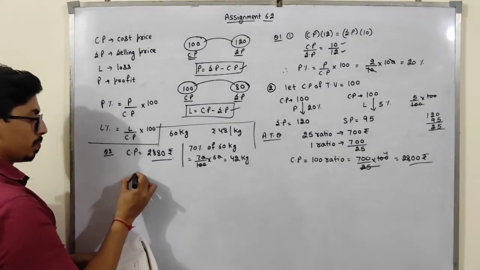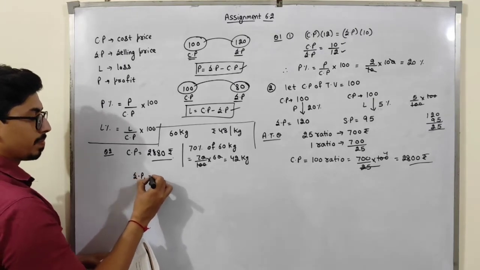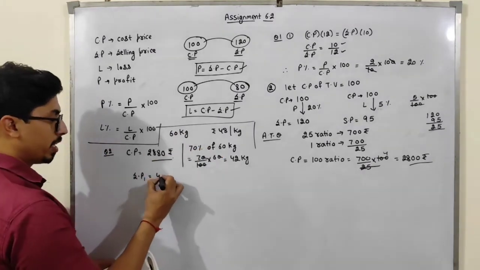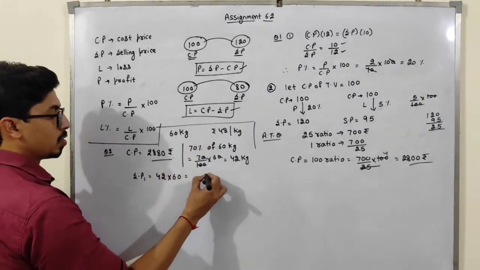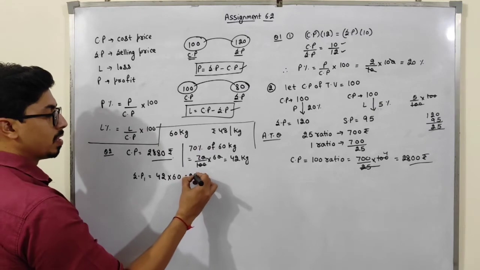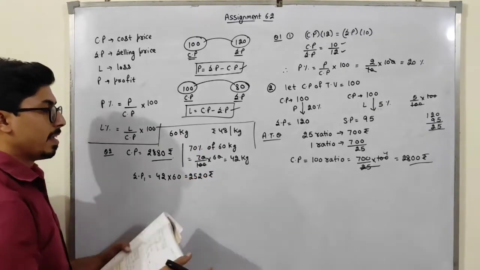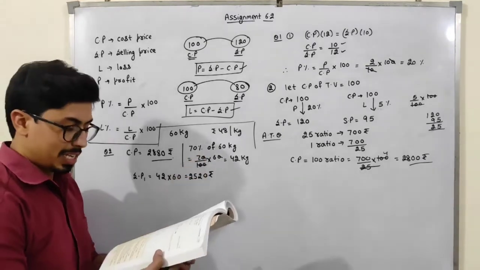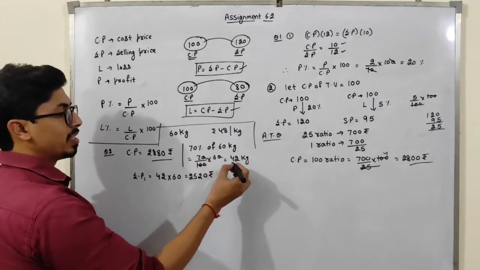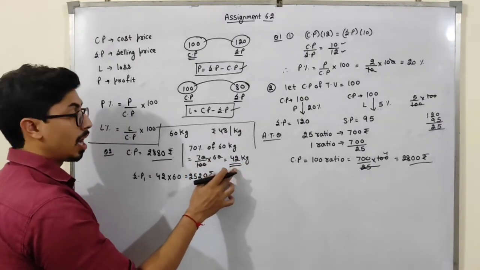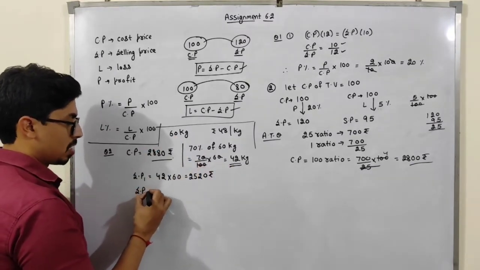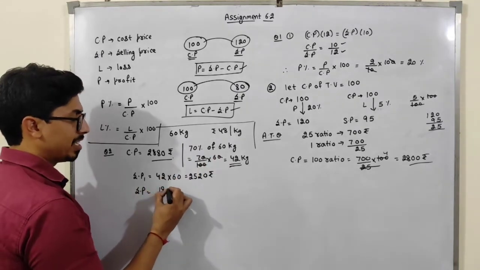Okay. So the selling price I can find out first. 42 kg he sells at a rate of 60 per kg. So 42 into 60 is 2,520. This is the amount for what he sold. Now the remaining mangoes, how much are there? 42 kg he sold out of 60. So what are the remaining? Just subtract these two. It will be 18 kg of mangoes.